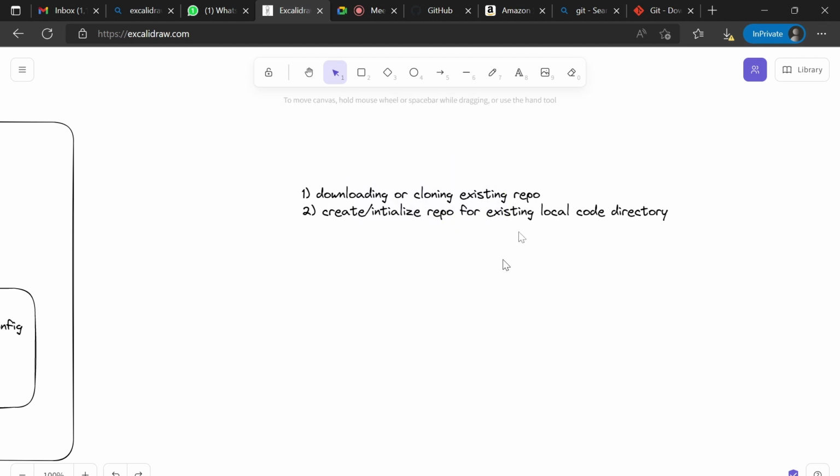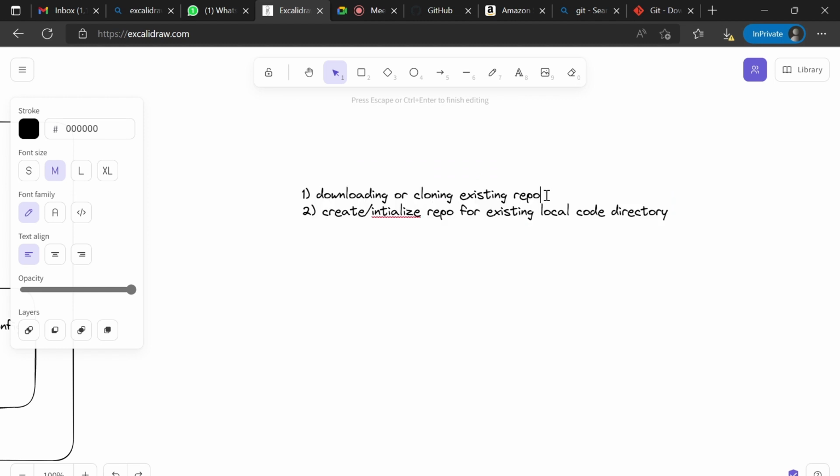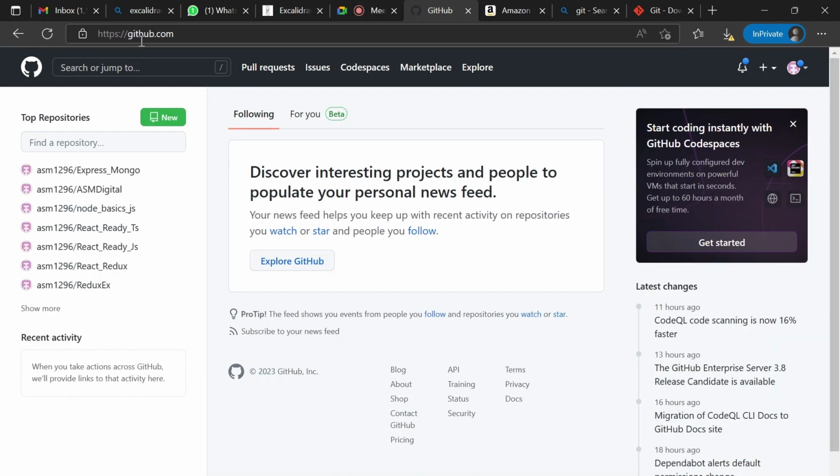I will mention here an existing repo present in GitHub or remote. Now we will call it remote, for most of the repositories which are present on the cloud. Maybe they are available on GitHub, maybe in GitLab or Bitbucket. All are the same.